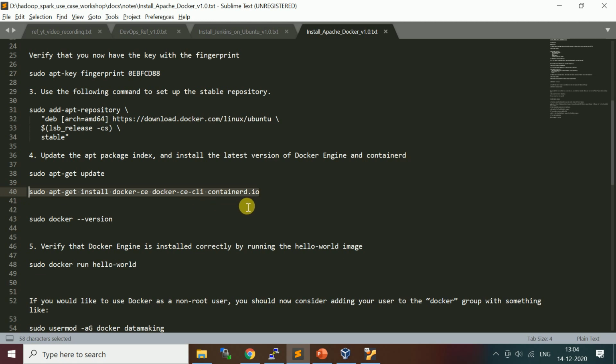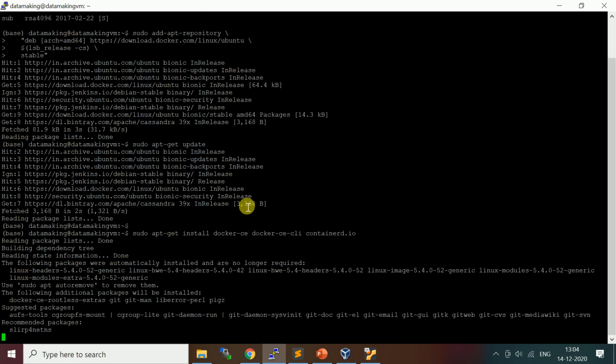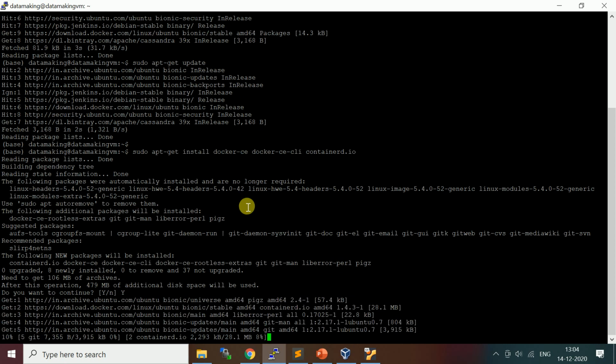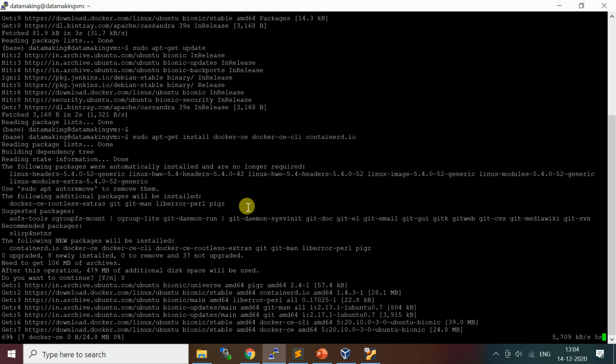These are the three packages we are going to install. This is the main one. It's going to take an additional 400 MB of disk space. I say yes. Based on your internet bandwidth, it is going to take some time.